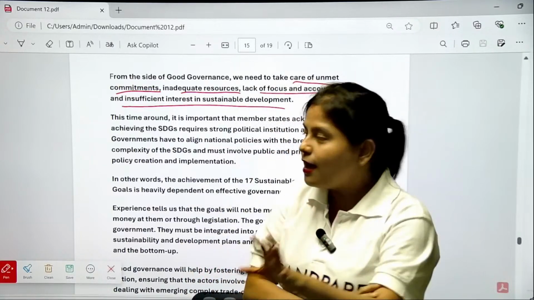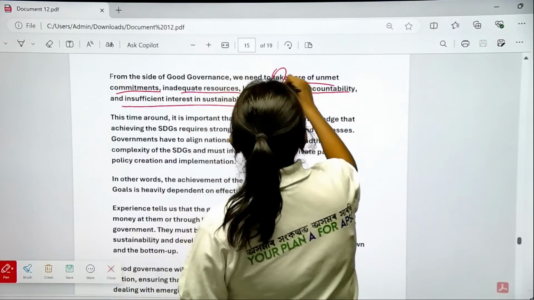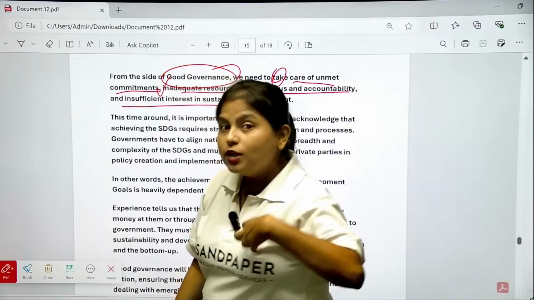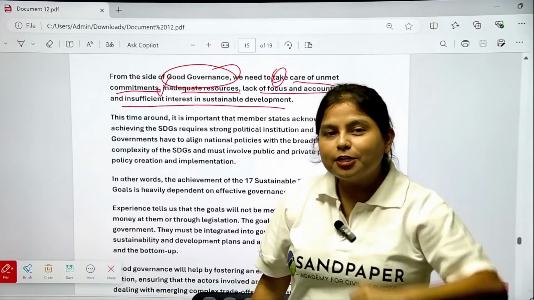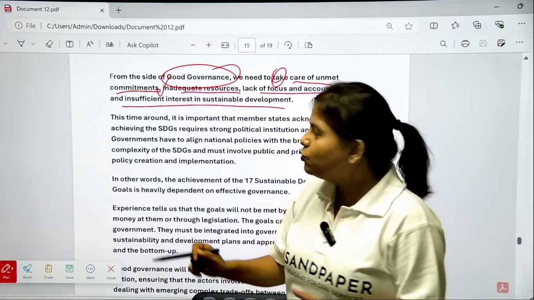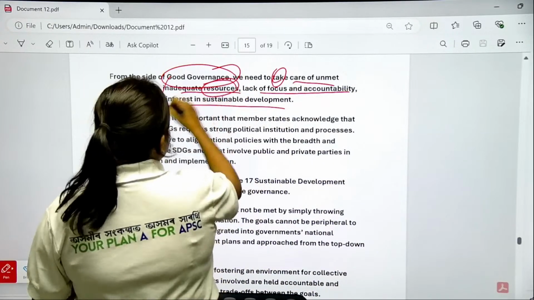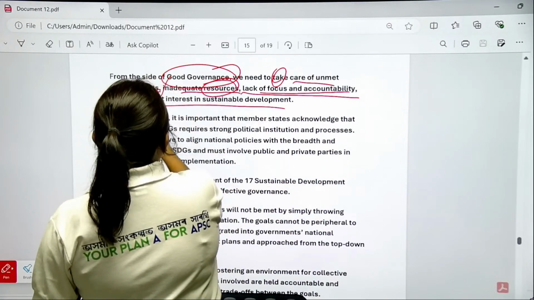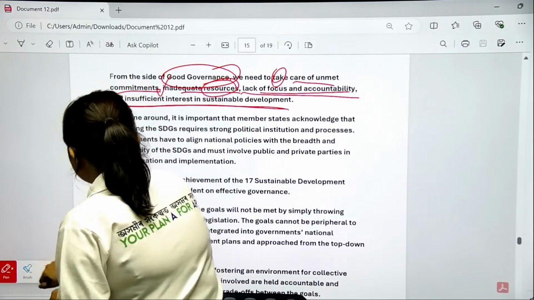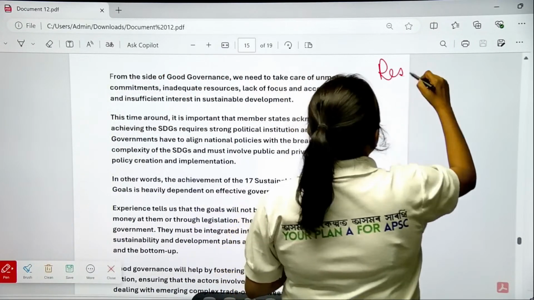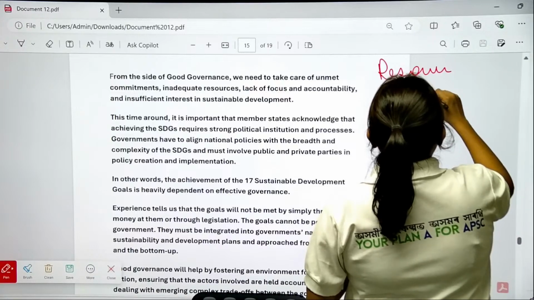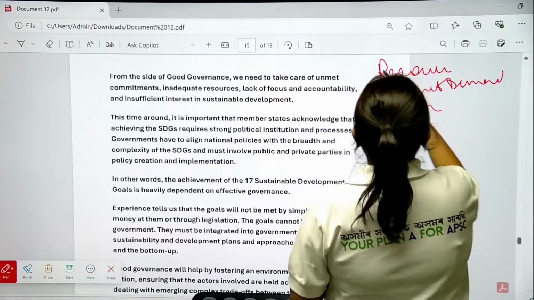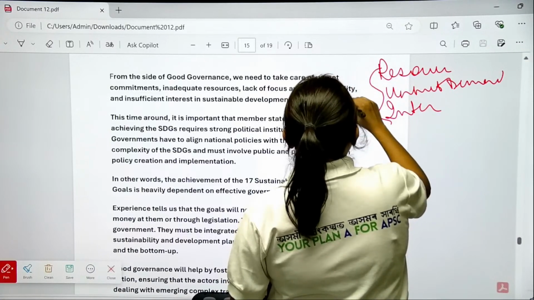We need to have commitment. We need to take care of unmet commitments, inadequate resources. Good governance means what our government can do so that the sustainable development goals can be met. We have to give them adequate resources, we have to take care of the lack of focus and accountability, we have to take care of the insufficient interest in sustainable development. So when we resources, there's an unmet demand, there's an interest in sustainable development,